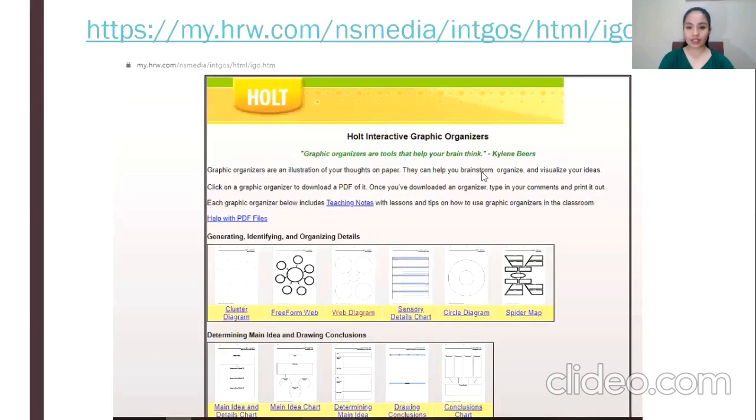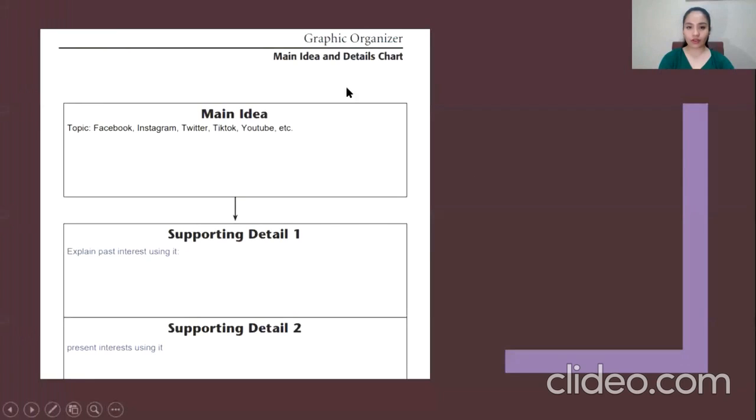Here I have an example of a graphic organizer. And here you have to write your main idea and start to write your topic sentence. Then you are going to choose the 3 supporting details you are going to include in your paragraph. For example, I wrote right here, explain past interest using it. Here I'm going to talk about the past interest.